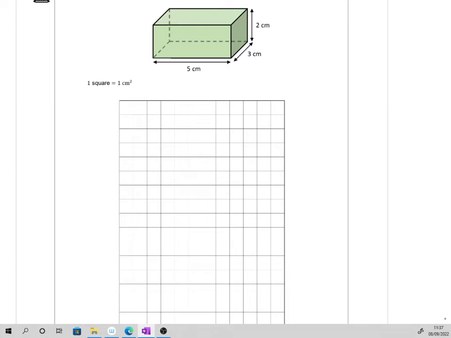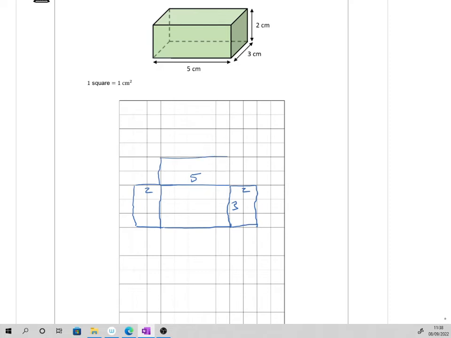So let's go 1, 2, 3, 4, 5 by 3. Okay, so that's 3 and that's 5. Now the ends are going to be 2, so we'll do the 2 there, and the other side somewhere down there, so that's 2 as well. And then we've got the front and back, which is going to be 5 by 2, so we'll have that one,